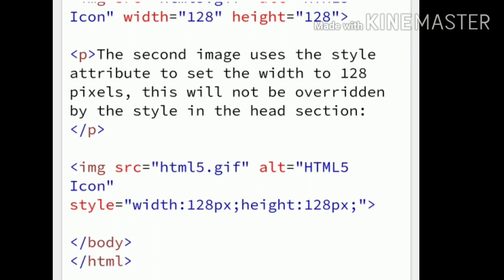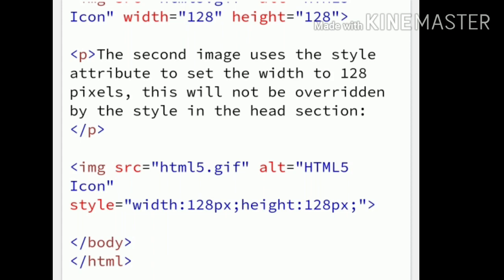This style sets the width of all images to 100%: img { width: 100%; }. After the style, closing of the style tag, and closing of the head tag. Now you use the body tag. The h2 tag says "Width/Height Attributes or Styles?" closing of the h2 tag.